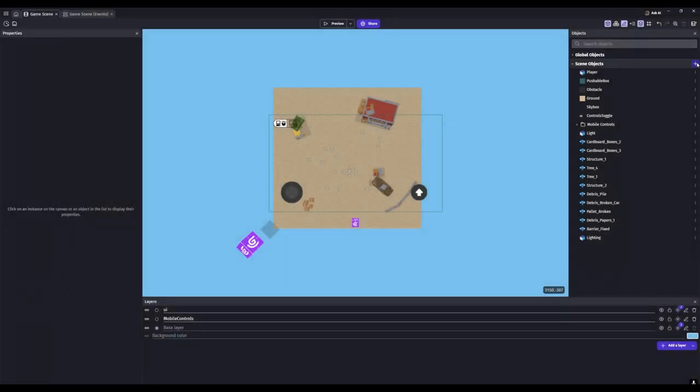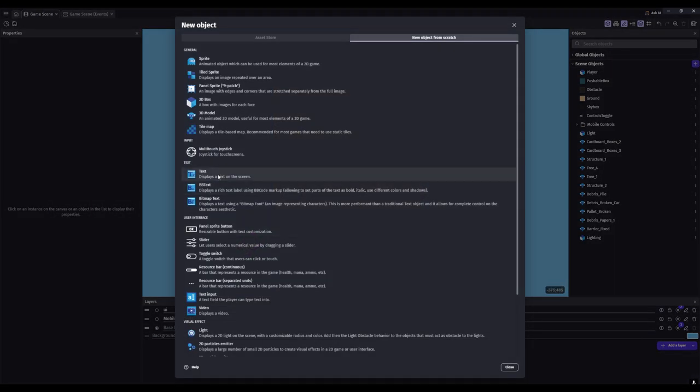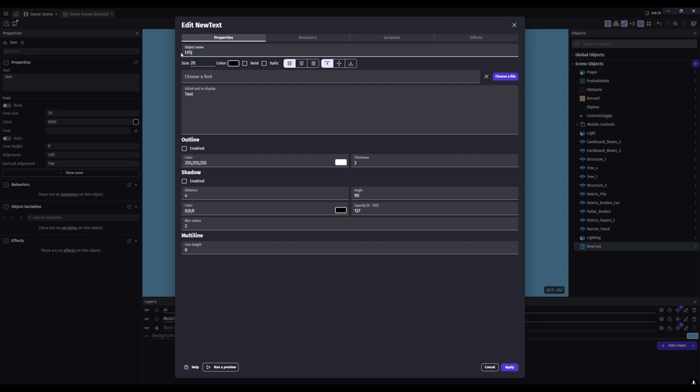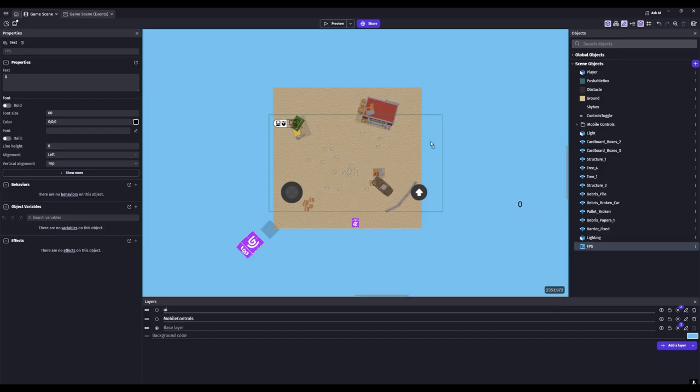Now we need to add a text item. I'm just going to name mine FPS, resize it, and it doesn't matter what you put here, I'm just going to put 0. And then we'll move this, make sure this is in your box if you're making a 3D game, same with